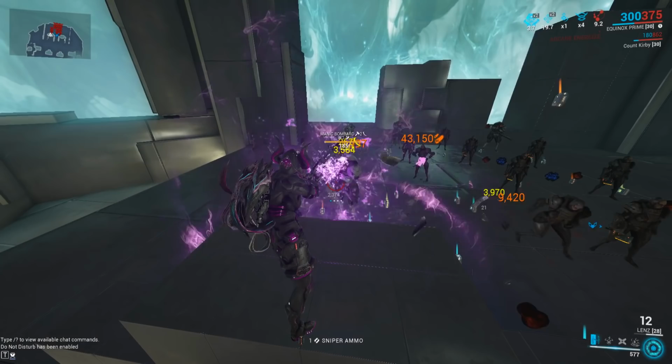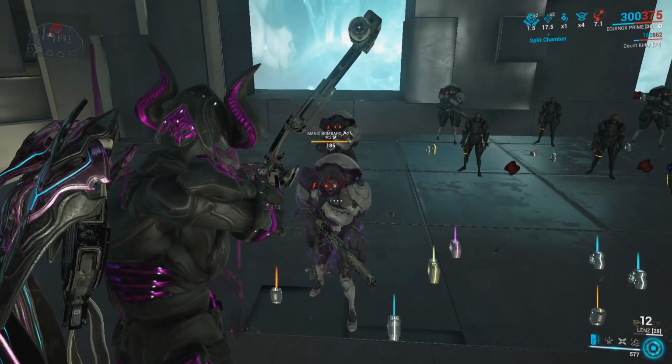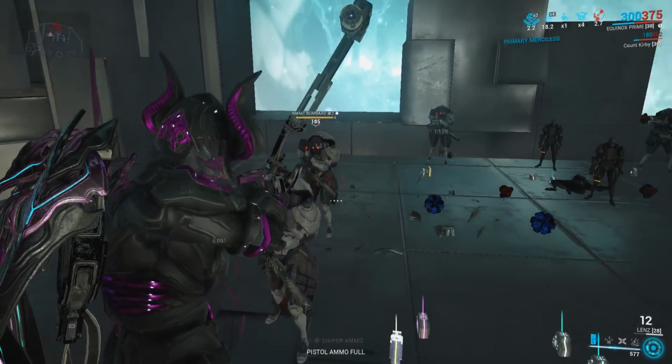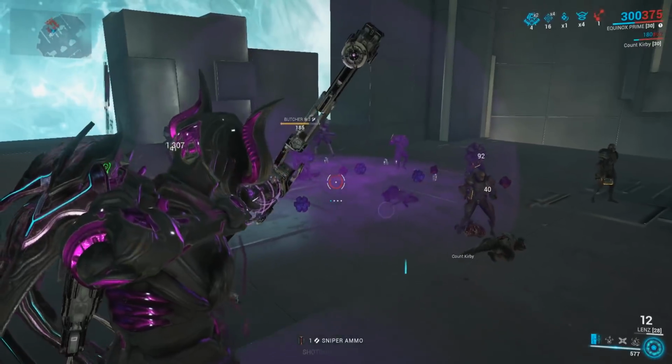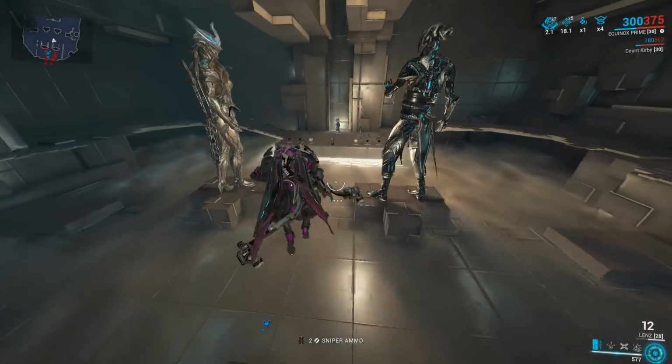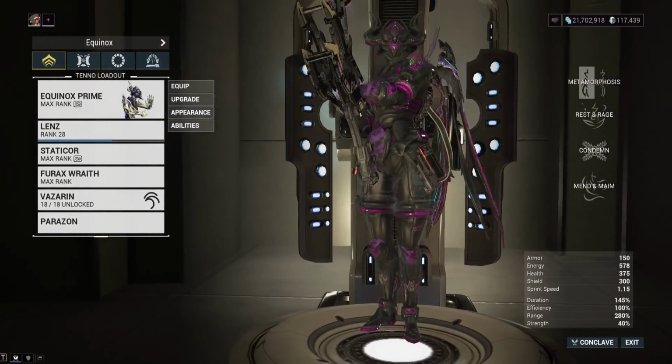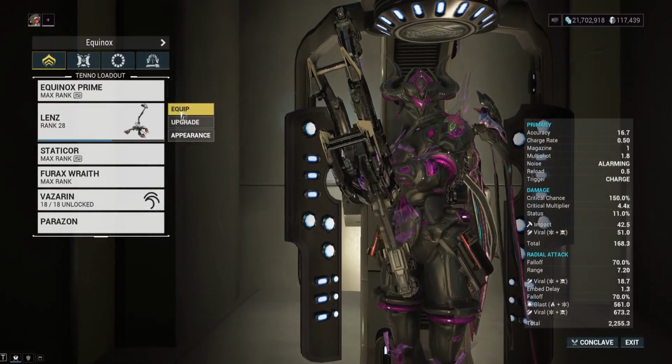So that was pretty good right there, but I think that was all aspects of the damage proccing there. So, it can be better, it can be worse. This is the Lenz, though. Just overall, straight up, it's a slow weapon. It takes time for these arrows to explode. So some things they could do to make the Lenz,